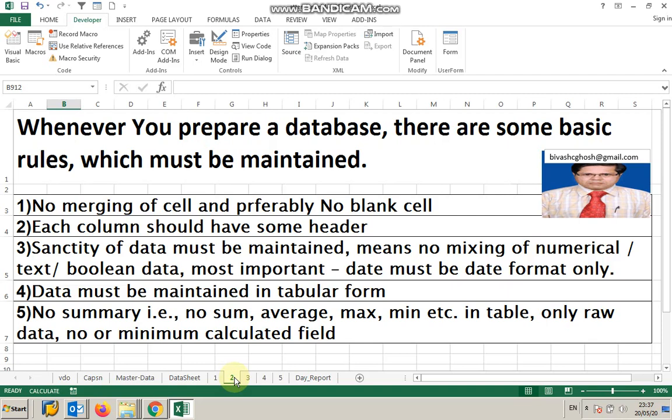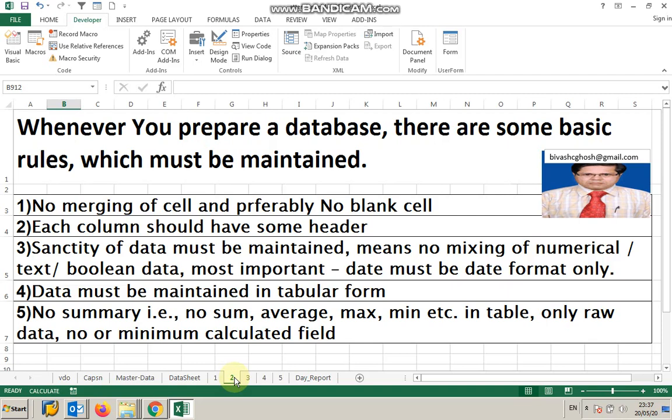And each column, as in a table there are headers, or column names, must have a header name. It should be unique. The same name cannot be used for multiple columns.